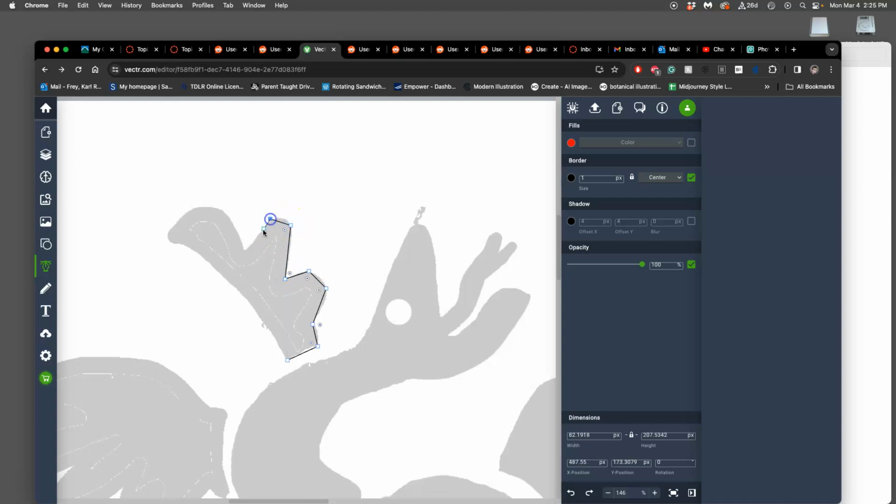If I wanted to create curves, like this curve, then I go to the end and then I click and drag, and that will pull out those handles. That will give me the curve. Now if I want to continue that curve, I'm good, but I don't want to continue that curve for mine. So I want to click back on the anchor I just did. That will close off that handle and allow me